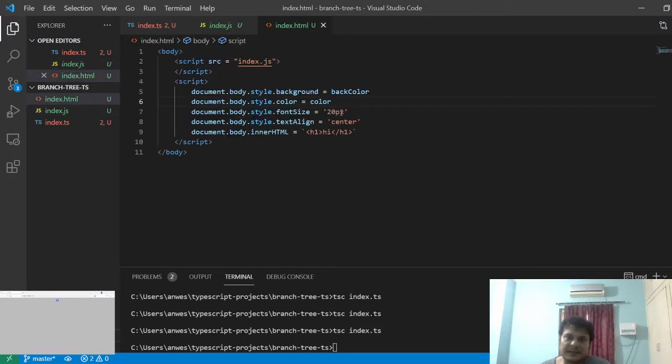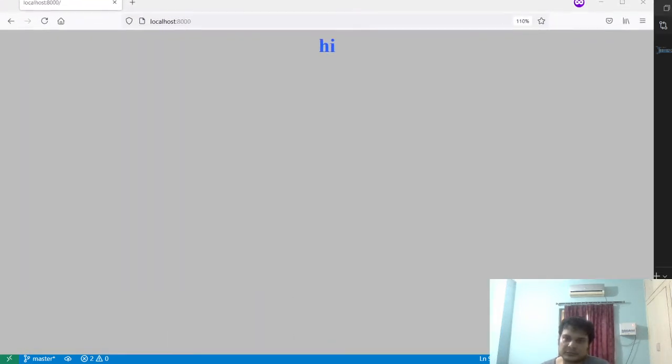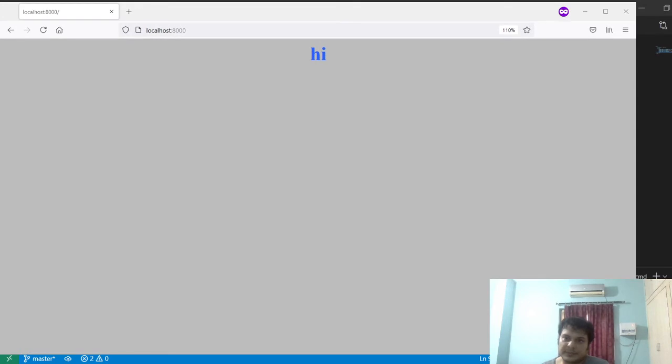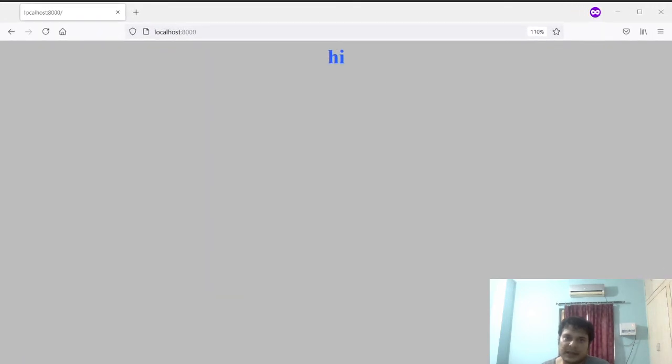We have just given some font size to the body and text element as center, and put a small h1 tag. Okay, so this is the output, just a small hi.